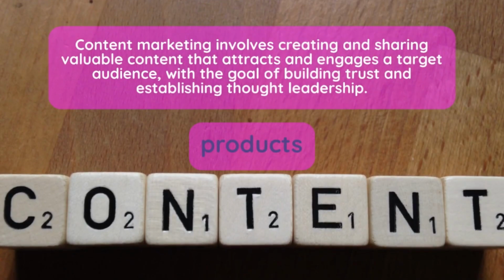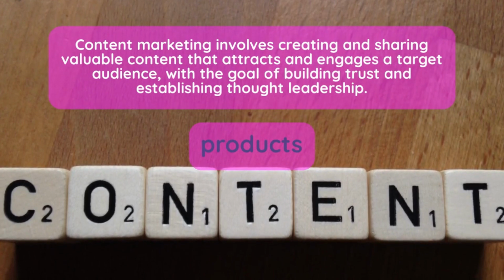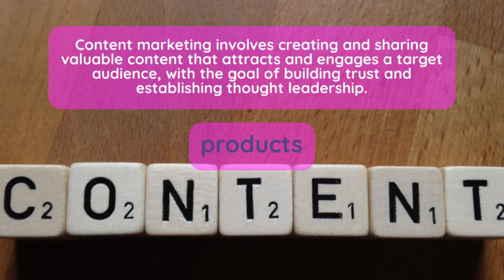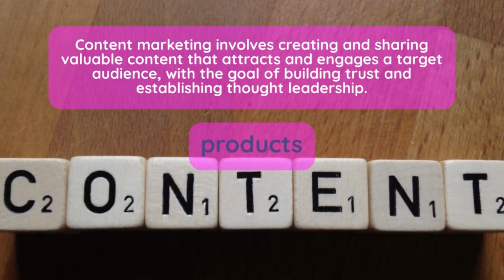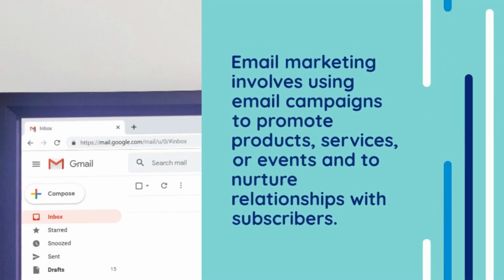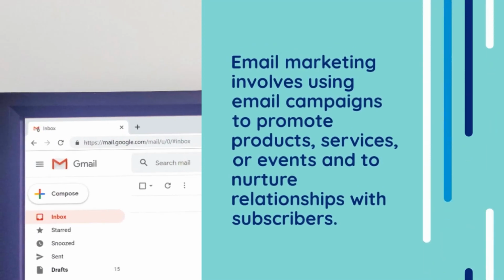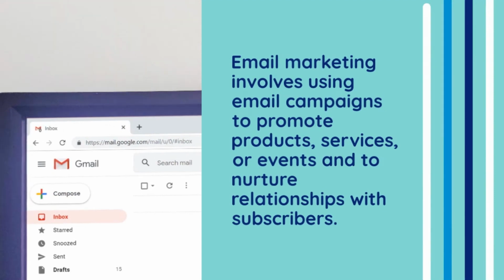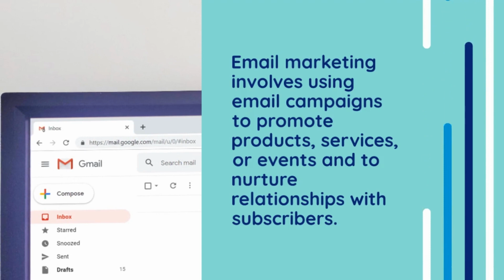Email marketing involves using email campaigns to promote products, services, or events and to nurture relationships with subscribers. Affiliate marketing involves partnering with other businesses or individuals to promote products or services and earn a commission for sales